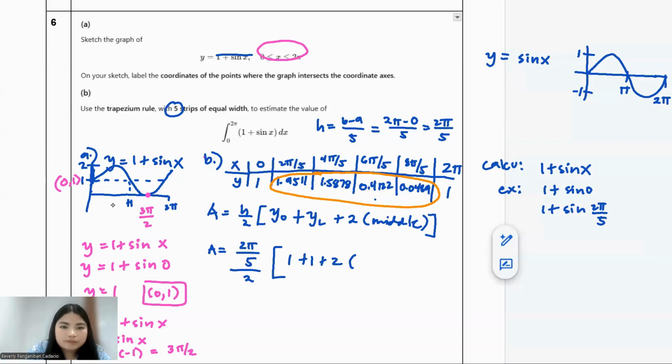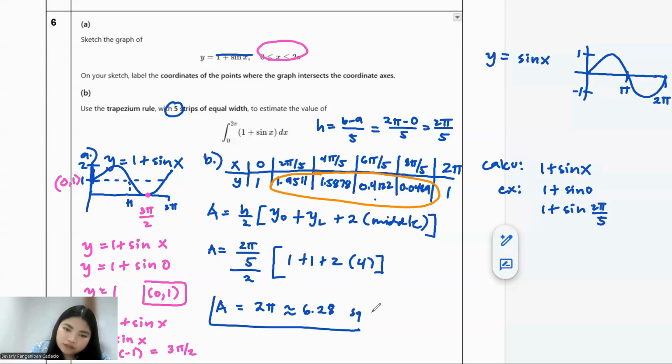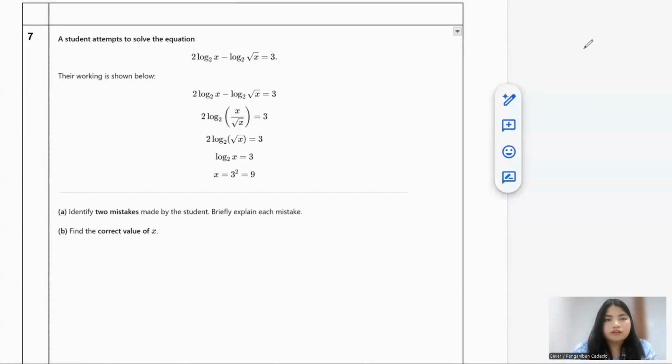And then the total of that will be around 4. Yeah, it's around 4 there. And your final answer will be around 2 pi, or you can go with 6.283 or 6.28 only. And that's square units, don't forget, because we are talking about the area here using the trapezoid rule. That's it. Okay, now let's go with number 7, wherein a solution is given, but you need to